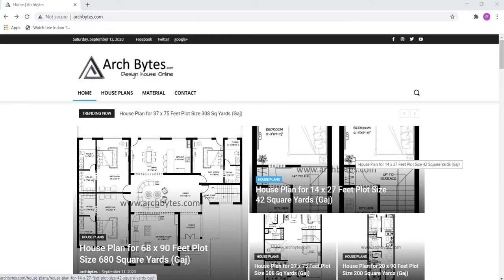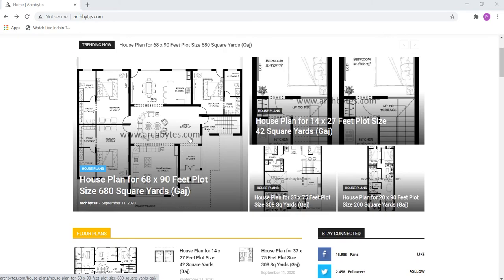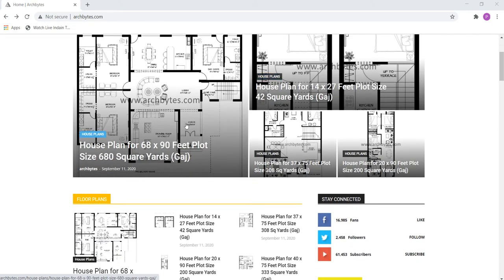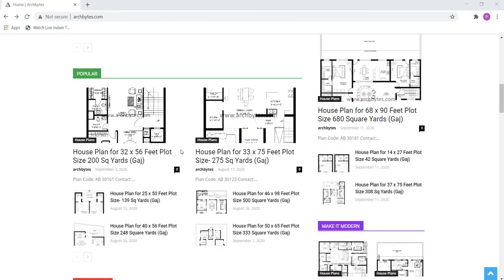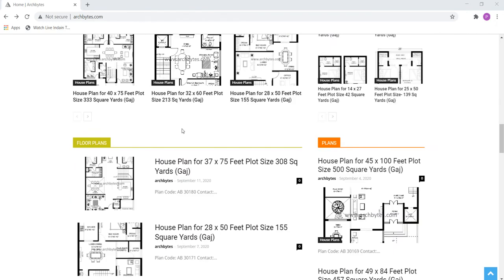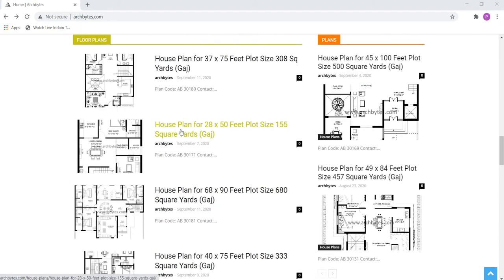This video is all about how to get more plans of a building, how to get plenty of plans for a building for practicing in AutoCAD. As you can see, there is a plan. This is not a single plan. There are many more plans which you can get from there and work on. This plan will give you much more idea regarding your AutoCAD skills, and it's an awesome plan for you. You can get it in whichever dimension you need, from here.